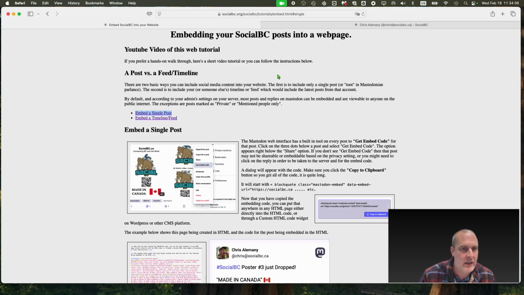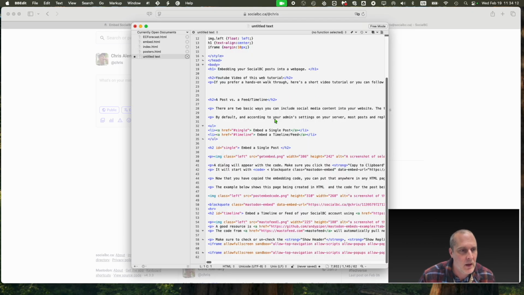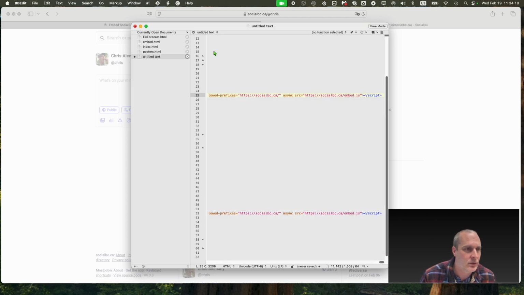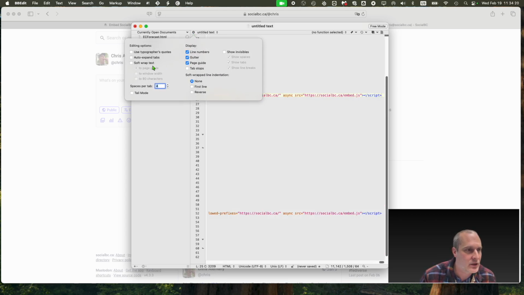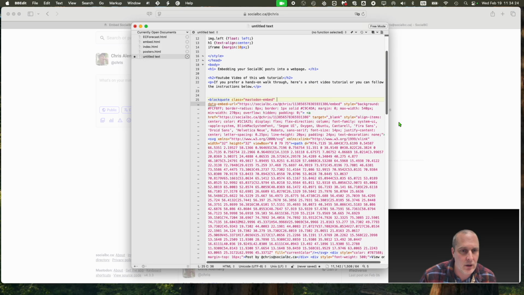All I need to do is take that code from the clipboard. So again, I'll just copy it here just to make sure, and then wherever I would want it, I would paste it into my HTML editor. So there's all of the code. Like I said, it's very large,